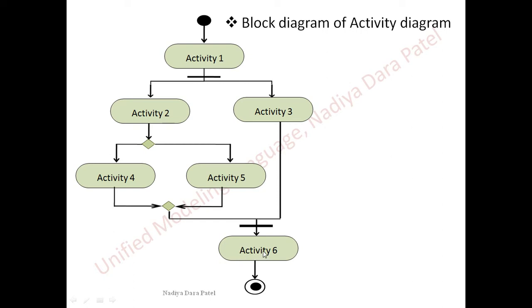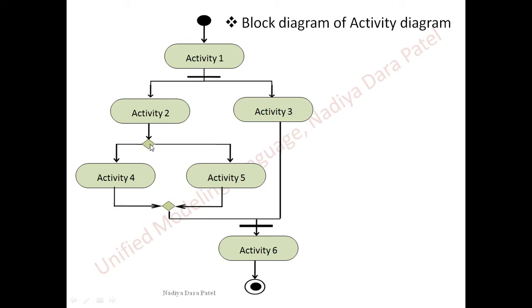So you need to find which is the activity which comes just before the final node. Before that you need to place your join. Now here is the fork which divided the activity 1 into 2 smaller activities, and here is the join which has collected everything together, joined it and passed it on to activity 6. Now if you are not making use of a fork, you are not supposed to make use of a join. If you are not making use of a decision node, you are not supposed to make use of a merge node.